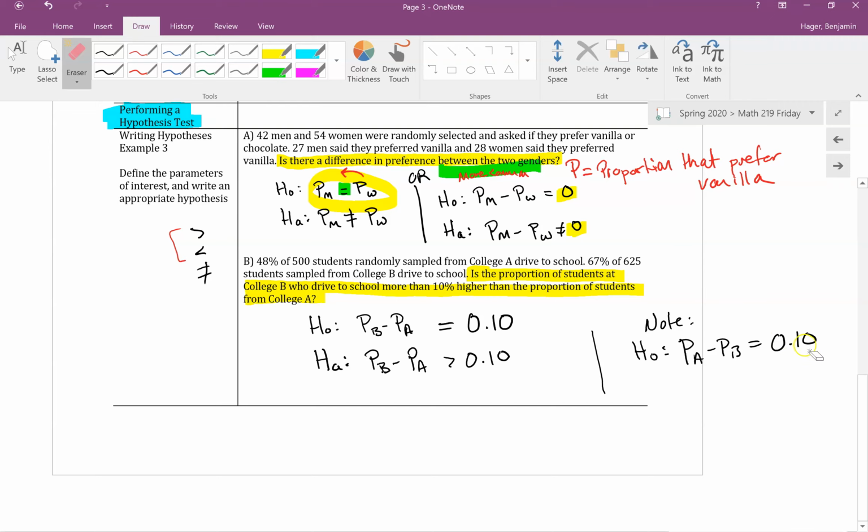But here's the thing, if I think that college B is higher, I think this is a bigger number, then if I take A minus B, wouldn't that be a negative value, right? Because B is a bigger number. The percentage of students that go to college B is bigger. And then my alternative, the probability of A minus probability of B compared to that number,